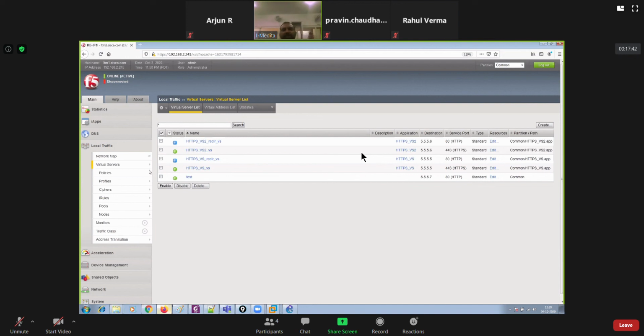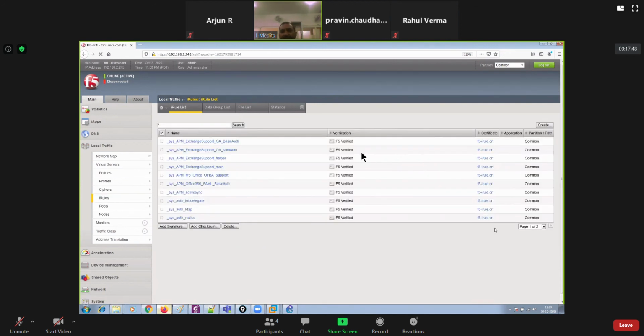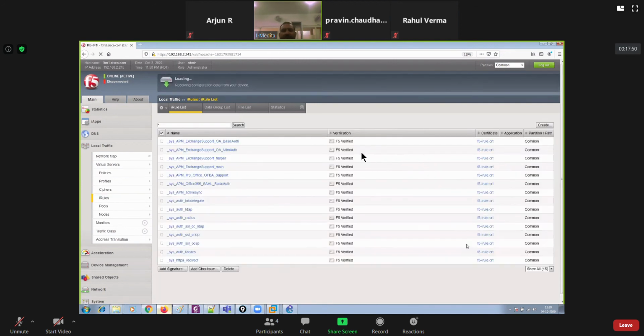So you can see, guys, that under LTM, if you go to iRules and then iRule list, there are various iRules pre-configured, right? There are pre-configured iRules which are created by F5, and in fact, you can get more and more iRules on the F5 website as well. So if you visit F5's website, you can find more and more iRules, right, guys?